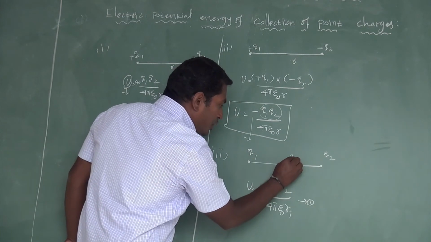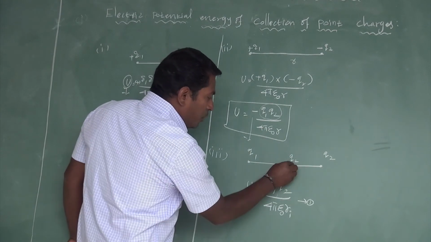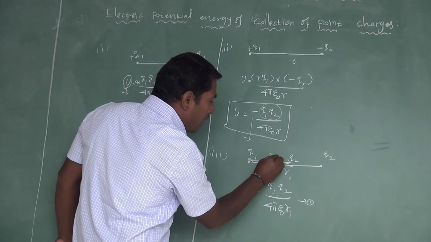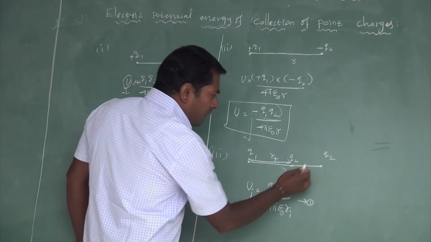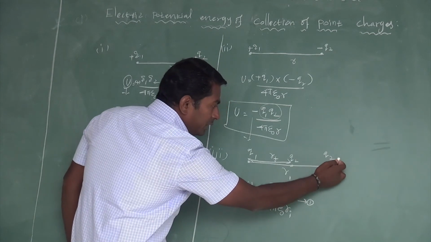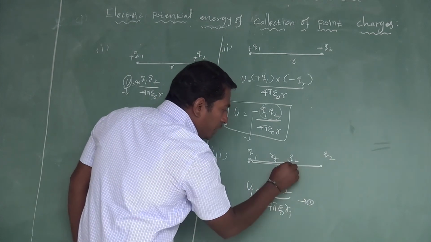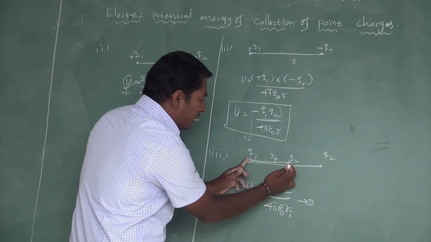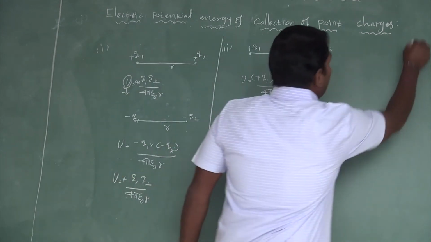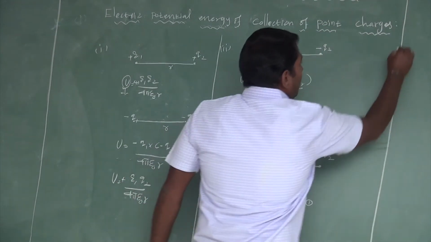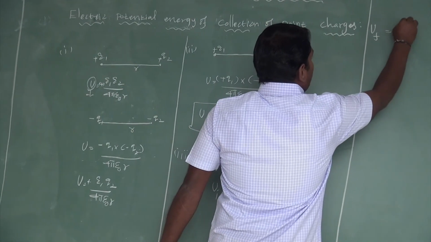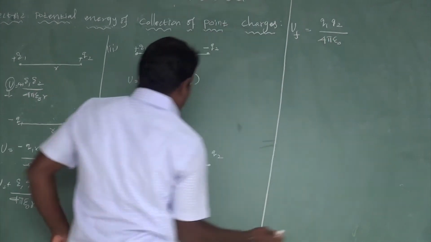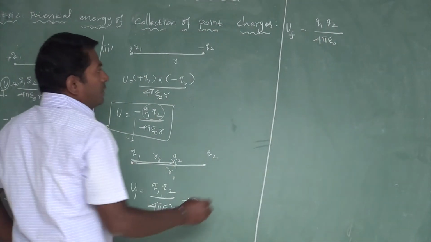Now, the position of the Q2 charge is at this position. The final distance between the Q1 charge and the Q2 charge is Rf. So, what is the total amount of work done in moving the Q2 charge from the initial position to the final position? At this final position, the electrostatic potential energy between two point charges, UF, is equal to Q1 Q2 divided by 4 pi epsilon naught, where the final distance between the two point charges is